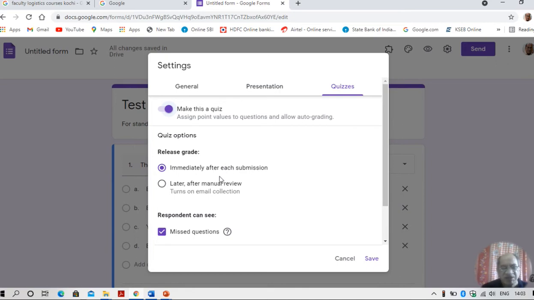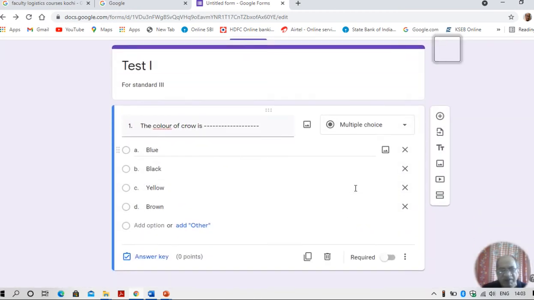But if it is a long answer or something like that, you cannot give so many answers correctly. The student may write in a different way. Then you have to give later and manual review. But if it is multi-choice questions, you can definitely select immediately after each submission. Respondents can see missed questions or they cannot see missed questions. You can have either way, select or not select. Save. Coming back to our form,